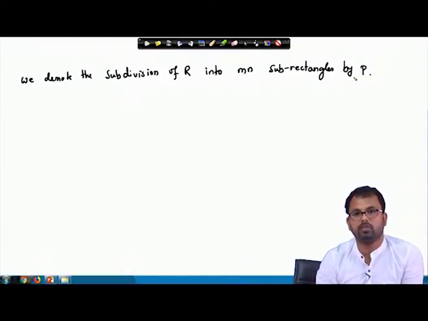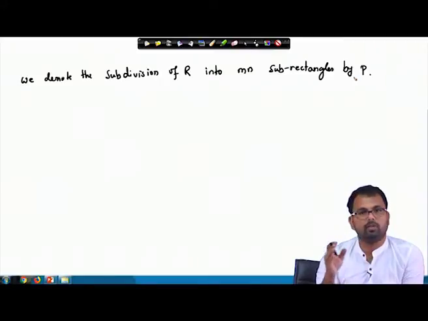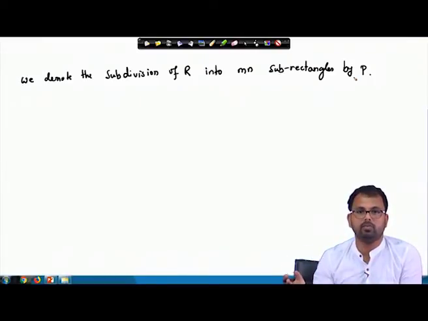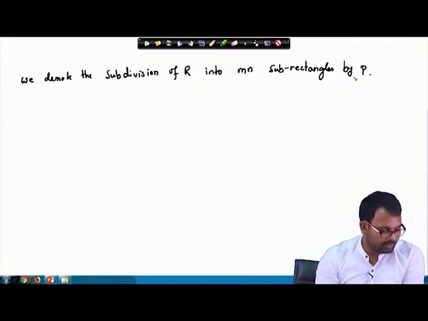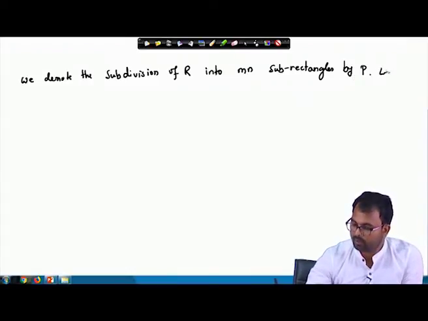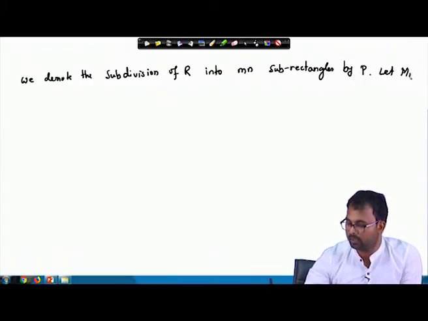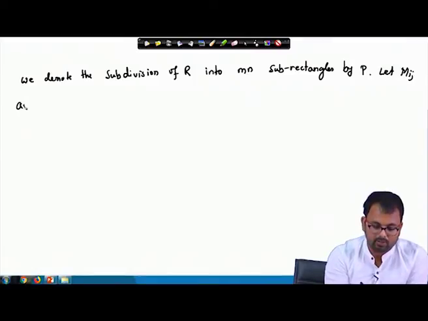In case of a function of one variable, we had P as a partition with n plus 1 points, and that partition P divided the interval into n subintervals. Here in this case, the partition P for the function of two variables divides the whole rectangle R into mn number of subrectangles. That is what we have written here, and let capital M i j and small m i